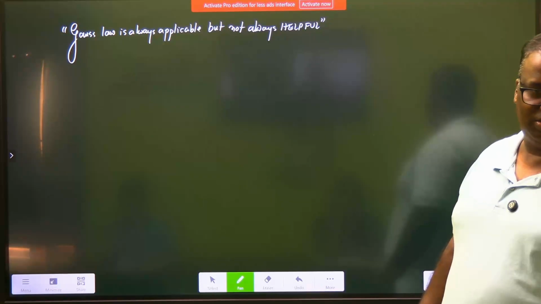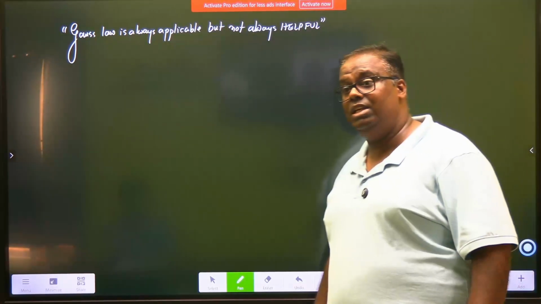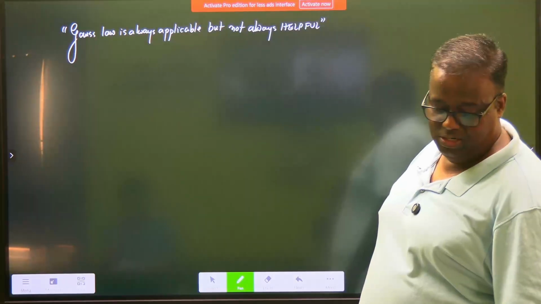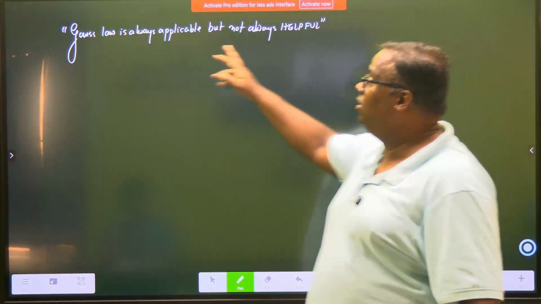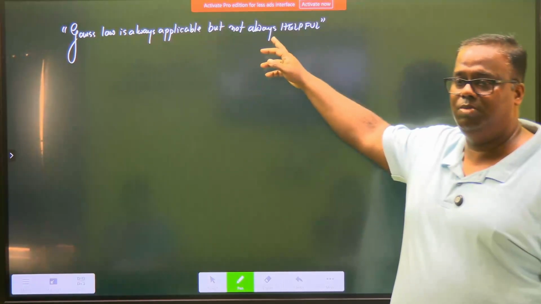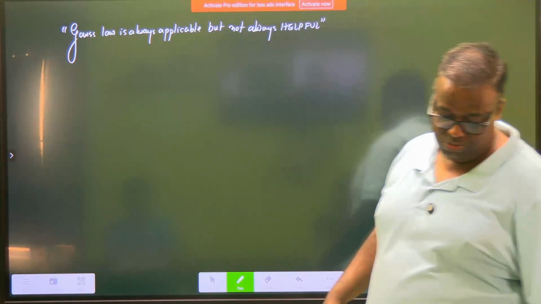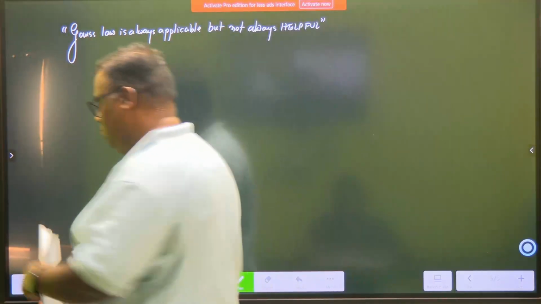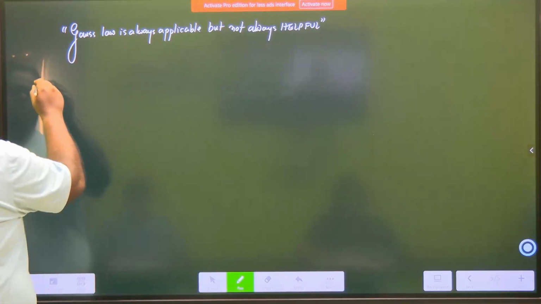You have to equate it, right? That means that integral is not solvable for you. So when is the integral not solvable for you? In all those cases we will say the law is applicable, but it is not helpful for me. So number one, let's write, when is it useful for you? Okay, the useful